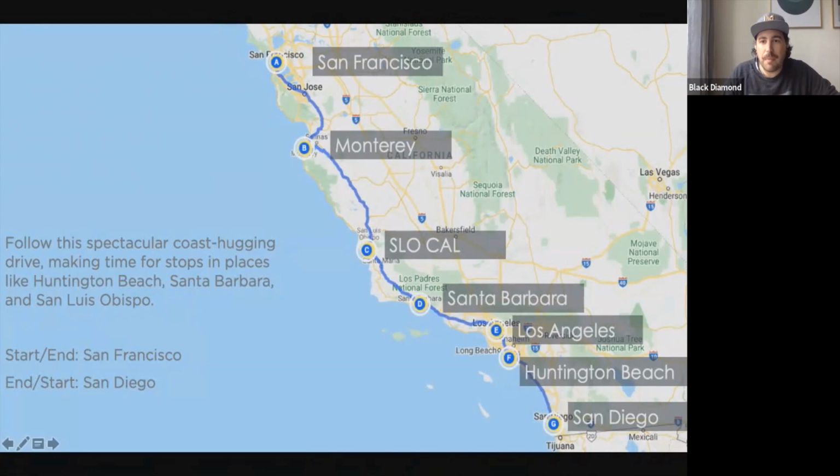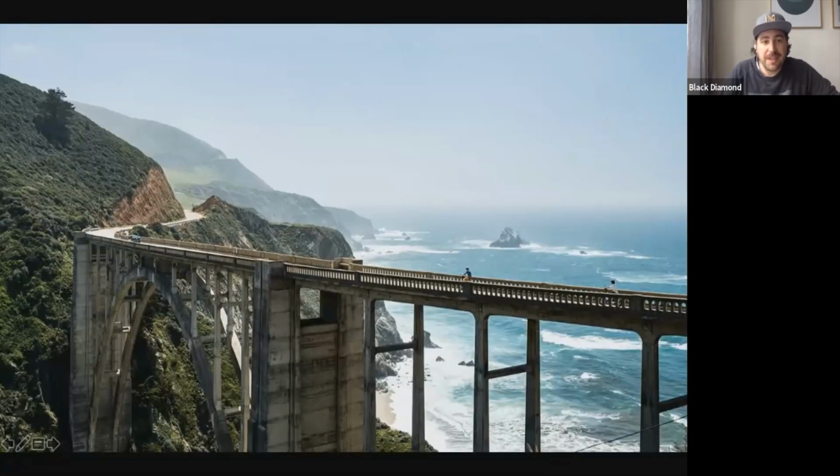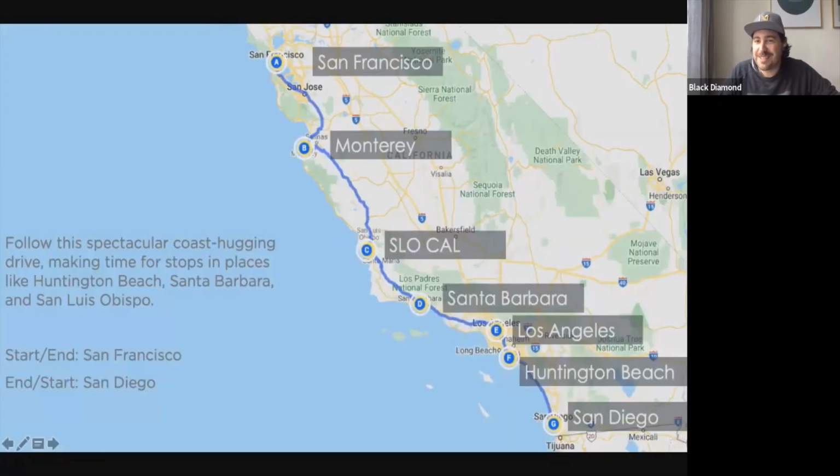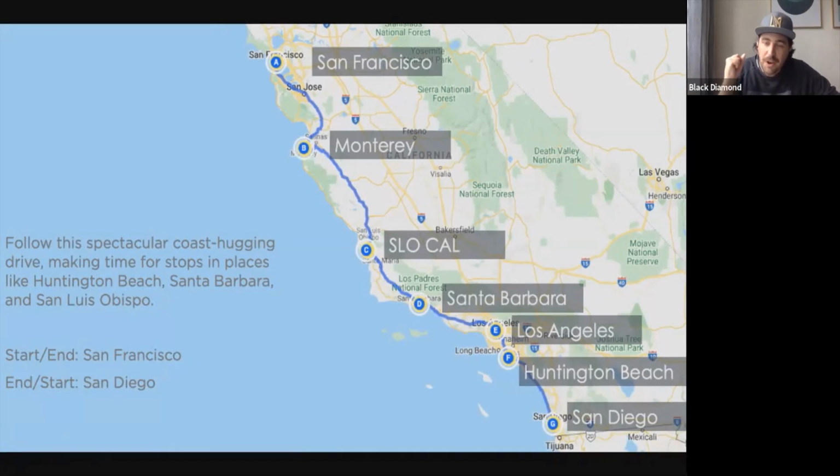This is our classic itinerary. And whoop, I've just totally jumped past. But this is our classic California road trip itinerary. Most people are going to, especially if we're talking UK and Ireland, and hello to those joining from Ireland, San Francisco tends to be one of the key gateway points. We also have Los Angeles and San Diego. So the classic Highway 1 is to fly into San Francisco and then head south.